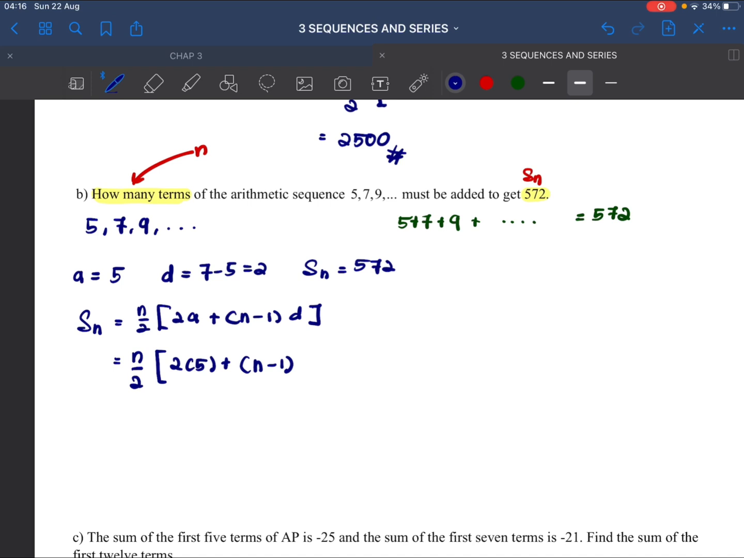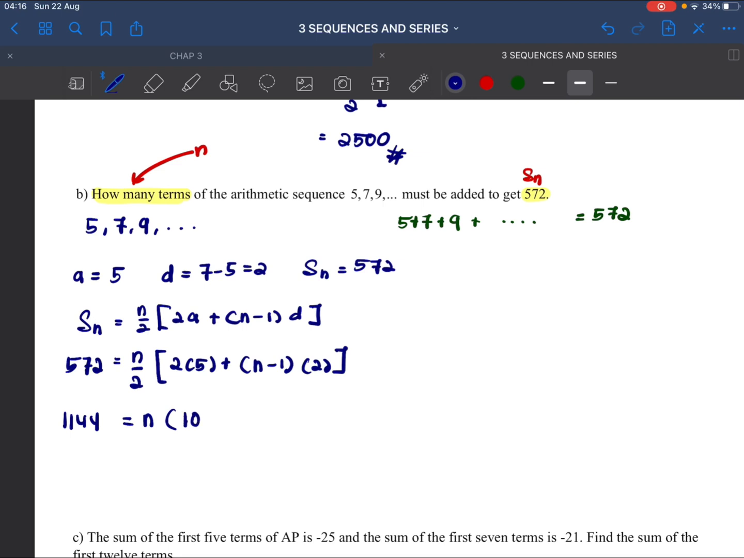We have our d, which is 2. Okay, and also we have our Sn, which is Sn kita ada dekat sini. Sn is 572. Okay, now basically just simplify. So we have 572 times 2, dekat sini kita ada 1144 equals to n, and then simplify yang kat dalam